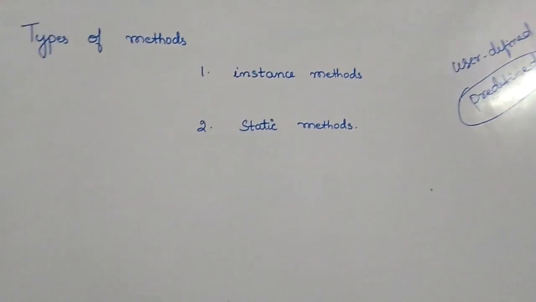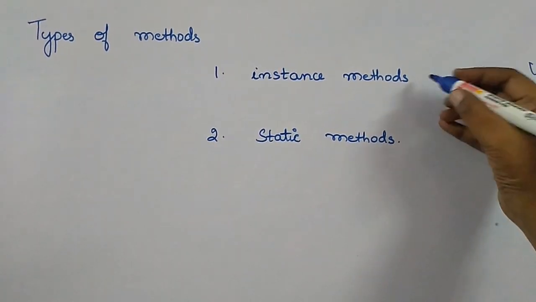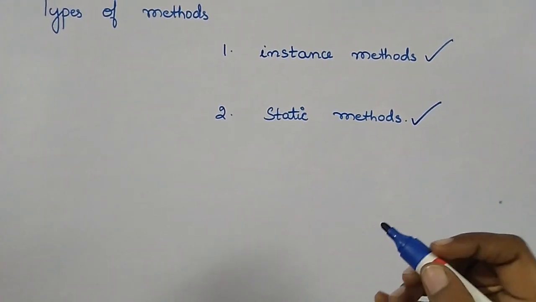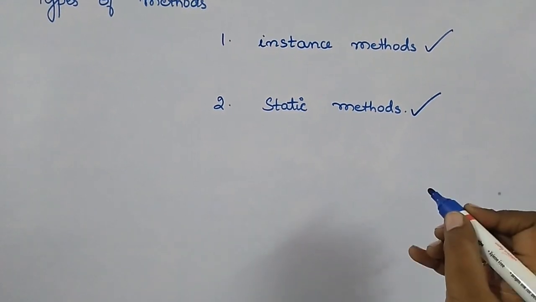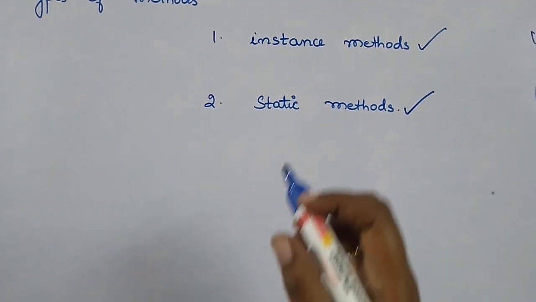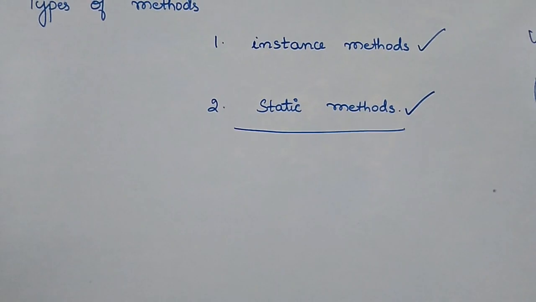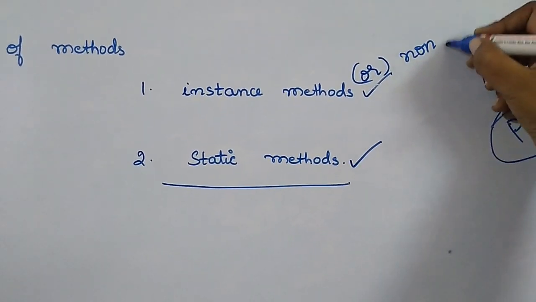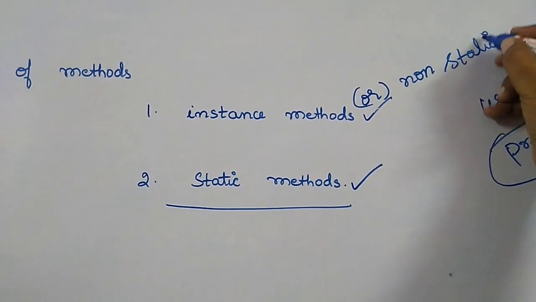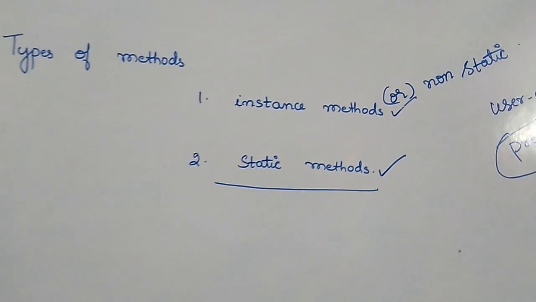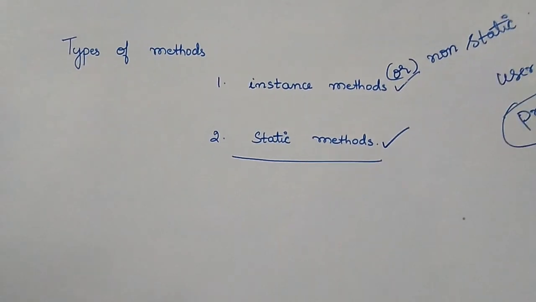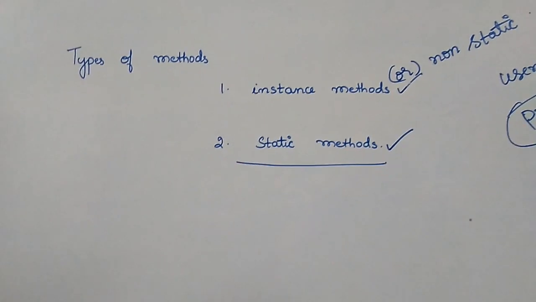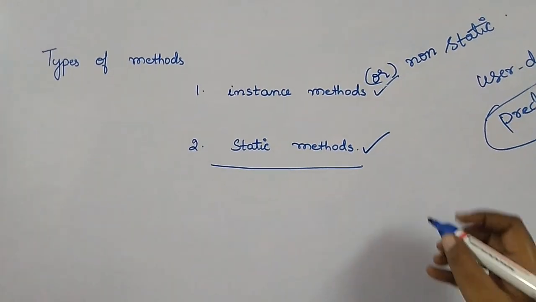Okay, right. And among them there are 2 types. One is the instance methods and the other is the static methods. If the method declaration is prefixed with a static keyword, it is called a static method. Instance methods are also called non-static methods. So methods without a static keyword are called instance methods. Okay, so other than that there is not much difference, but there is an accessing difference. I'll discuss that, the permission details.